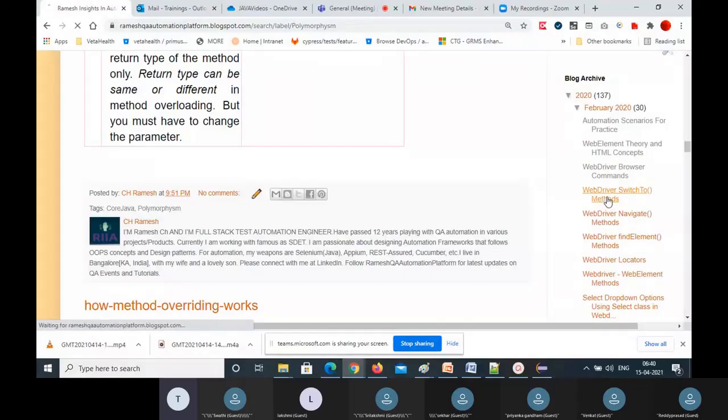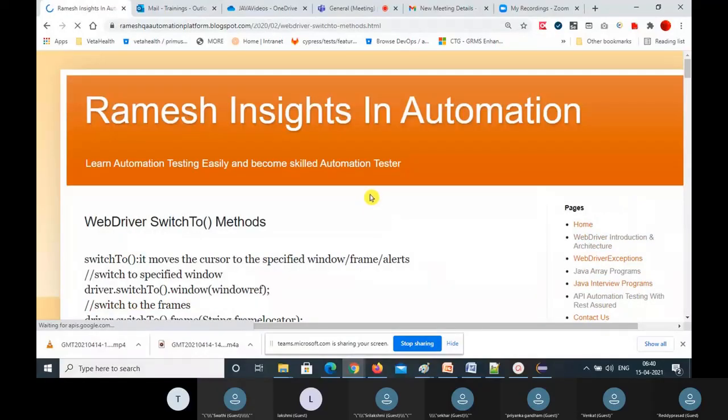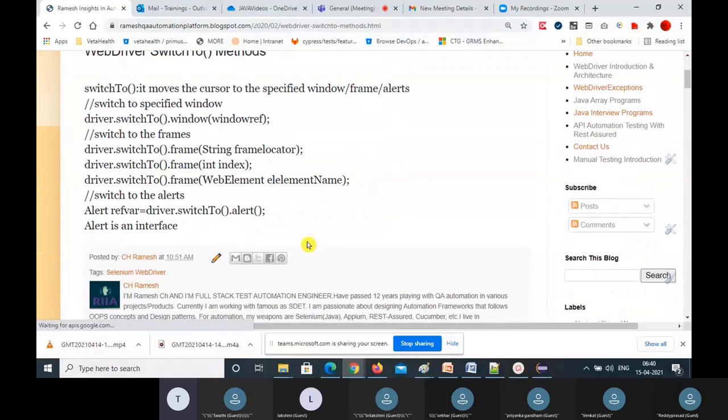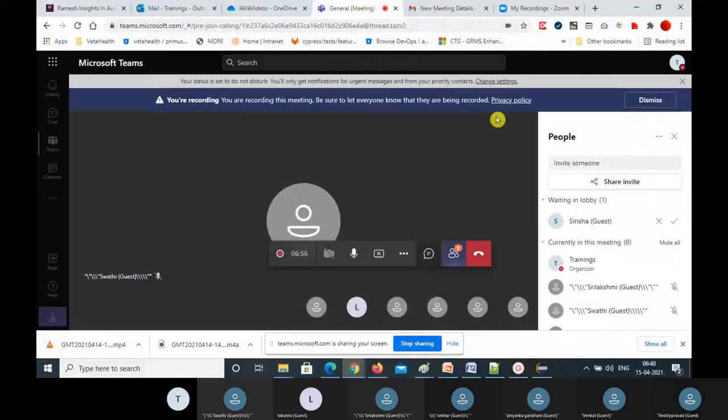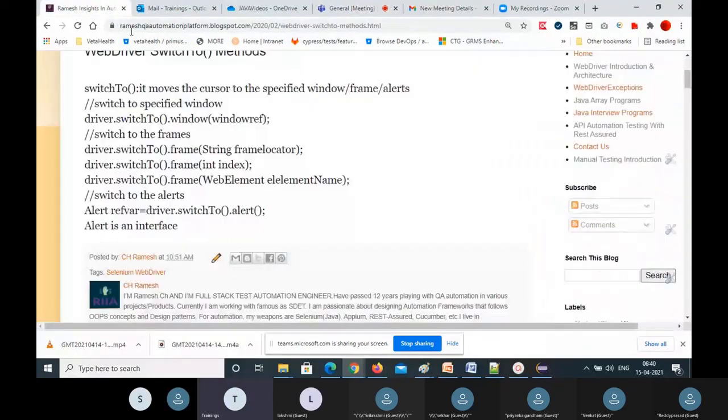So next method is switch to methods. Yesterday we have seen browser methods. So today we're going to see switch to methods. Basically where you can use this switch to. Switch to methods are when you want to switch from one window to other window, one pop-up to another pop-up,